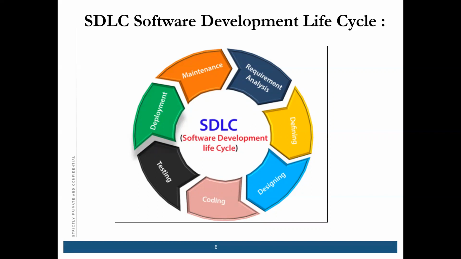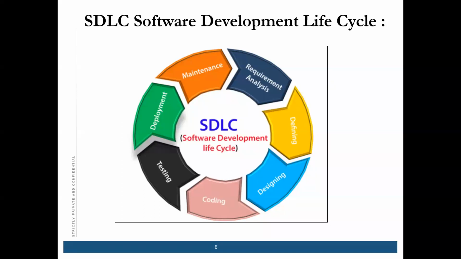To reach their expectation with proper time and cost estimation. Like the time they have given to us, in that time frame you should deliver the project, and it should also be cost estimated. Meaning, whatever cost they have given to us, you should deliver that project in that cost. As you can see in the diagram, it involves many phases, and let me explain each of these phases one by one.